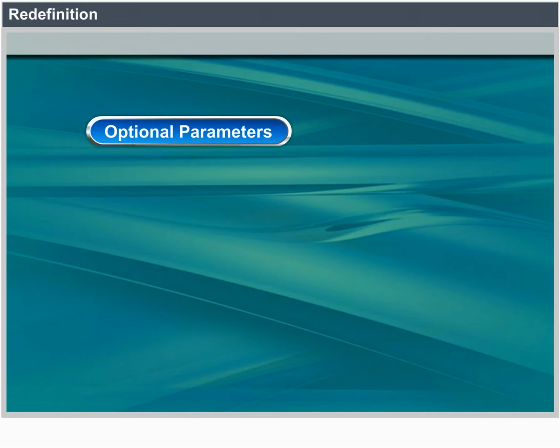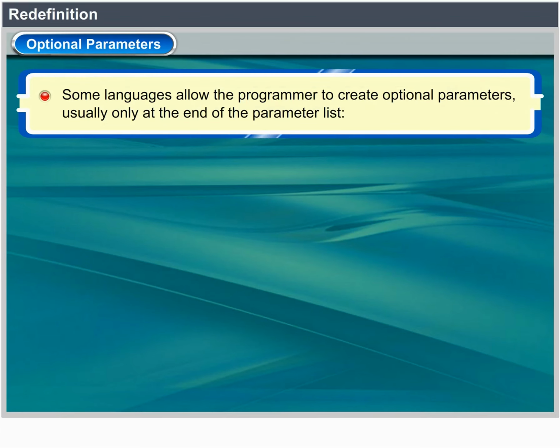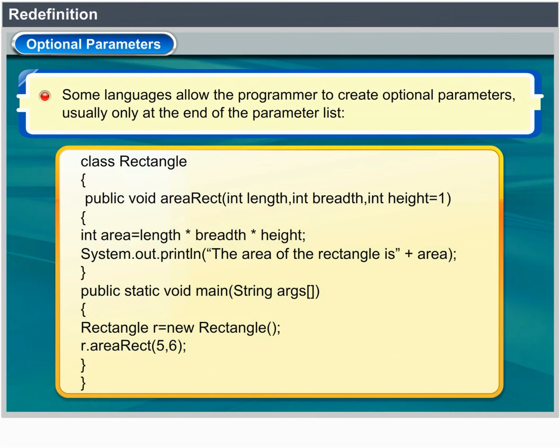Optional parameters. Some languages allow the programmer to create optional parameters, usually only at the end of the parameter list. Class Rectangle { public void areaRect(int length, int breadth, int height = 1) { int area = length * breadth * height; System.out.println("The area of the rectangle is " + area); } public static void main(String[] args) { Rectangle r = new Rectangle(); r.areaRect(5, 6); }